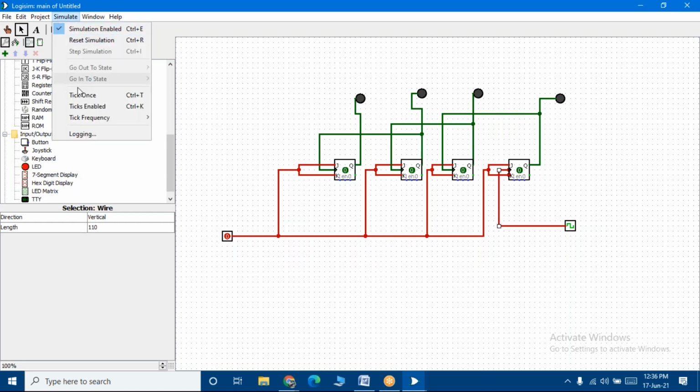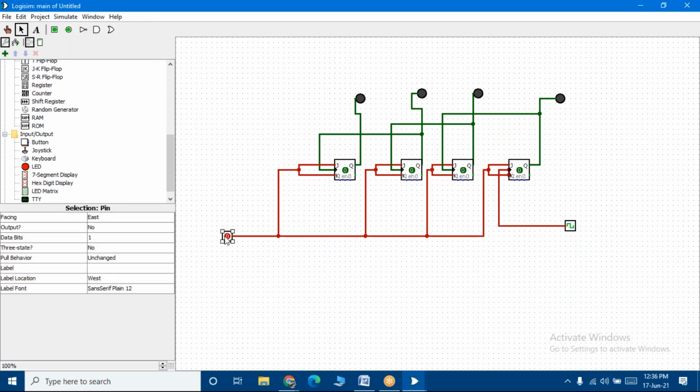Let me see, students, 1 minute. Tick is enabled. When I make this high, it isn't going high. So there is something wrong. Just check, students, where I would have gone wrong and tell me.